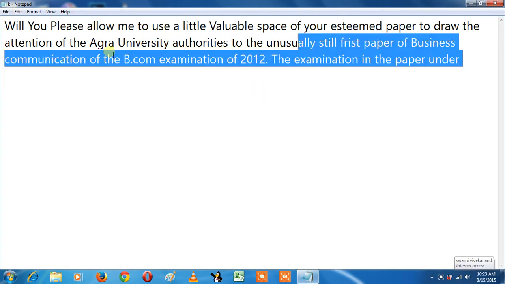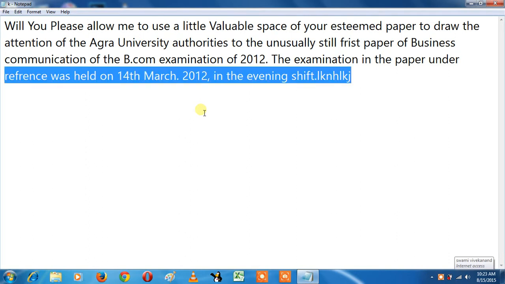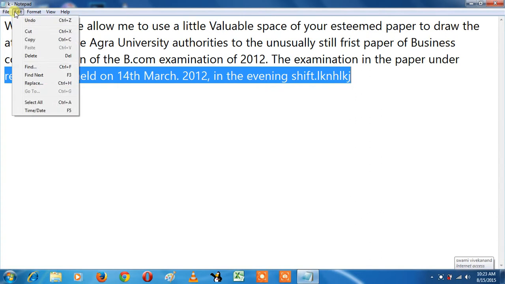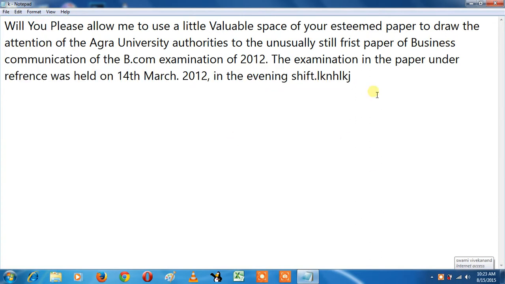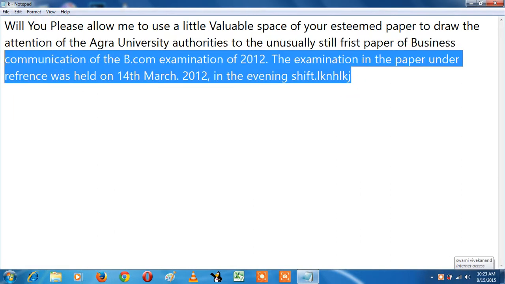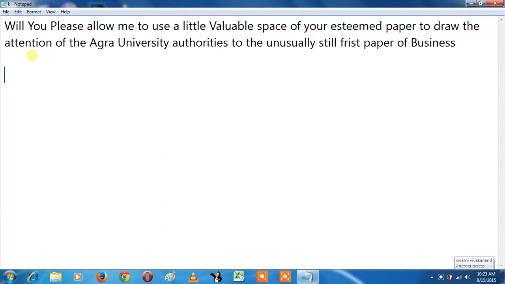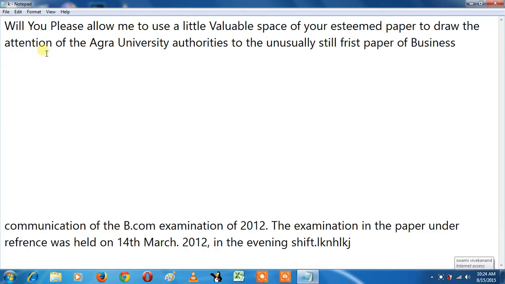Okay, so look at that, the Cut option. I select Undo from Control Z. Secondly we have the Cut option, the second option in the Edit menu. Look at that, if I select this and go to Cut and press enter four or five times, then go to the Edit option and select Paste. Do you understand, friends?